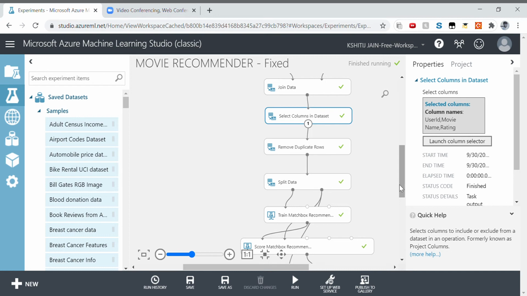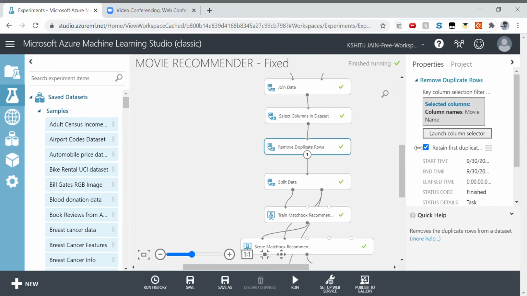There are times when people watch the same movie again and again. So we do not want that data to appear again and again. So we will be using this node, which is remove duplicate rows, which will remove the data of the same movie name.